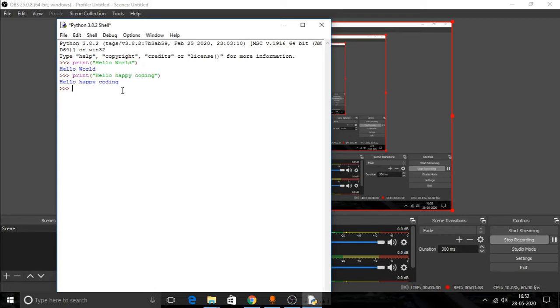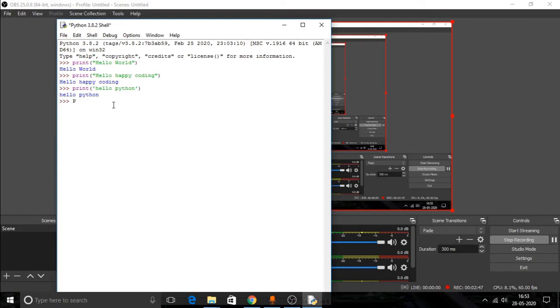You can also use single quotation in place of double quotation. Let's write it. Print, let's write in single quotation hello Python. Let's close the quotation and also close the bracket and press enter. You can see the output is exactly the same. You can use single quotation or you can use double quotation, but remember that